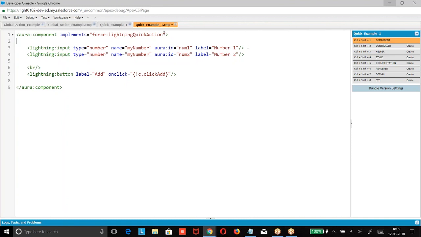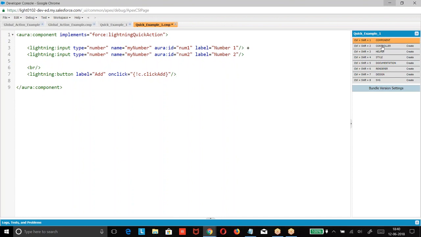Implements force:lightningQuickAction. Lightning input type equal to number, ID number. Any query on this? Lightning input type equal to number, the name, label is number 1, number 2. And we had a button. When you click on this button, we get add, click add.